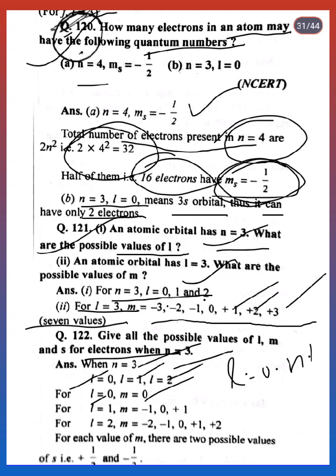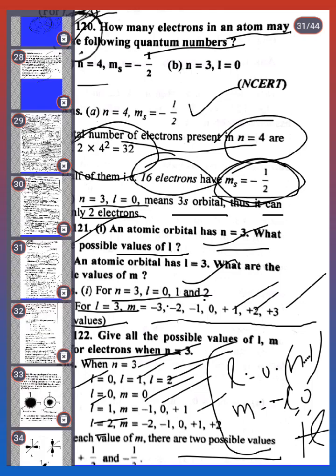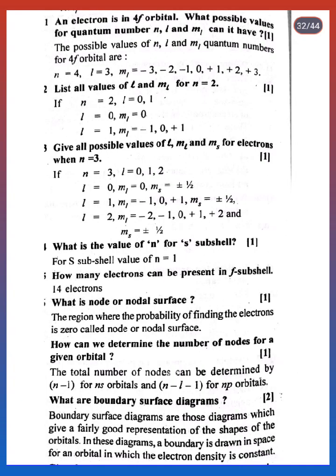For m we go from -l through 0 to +l. So according to this concept, if l is 0 then m is 0, l is 1 then m is -1, 0, +1, and l equal to 2, m is -2, -1, 0, +1, +2. So each m value has two possible values, +1/2 and -1/2. So similarly next,